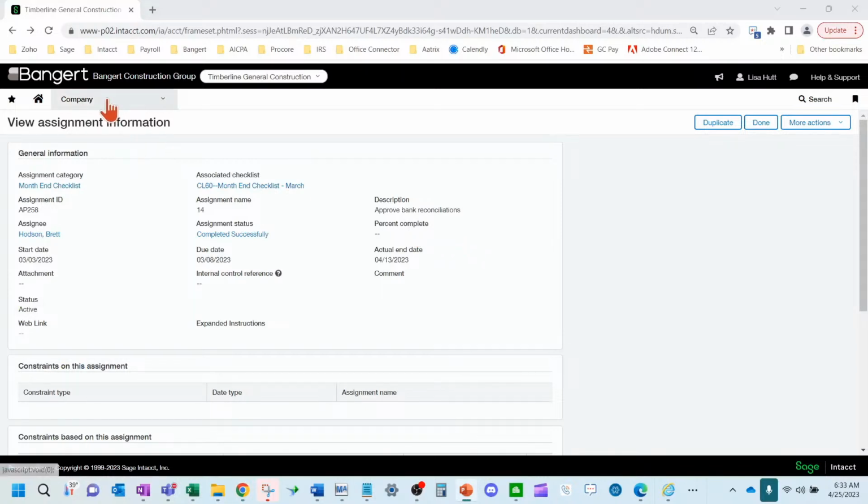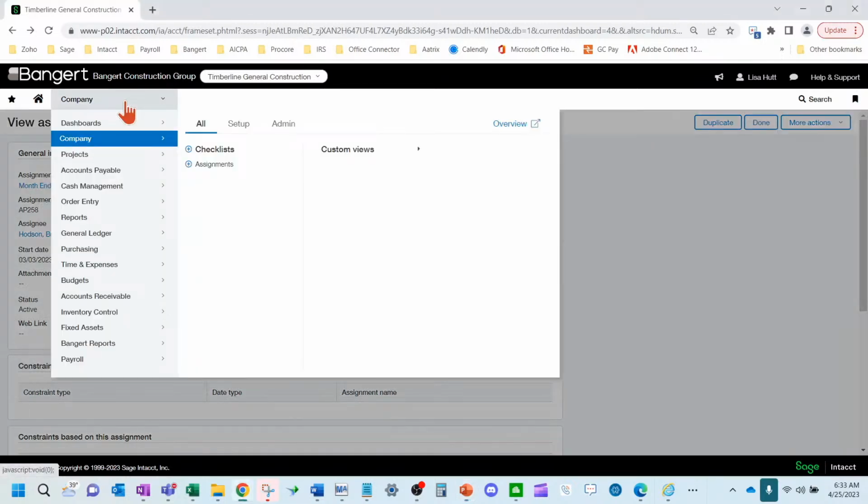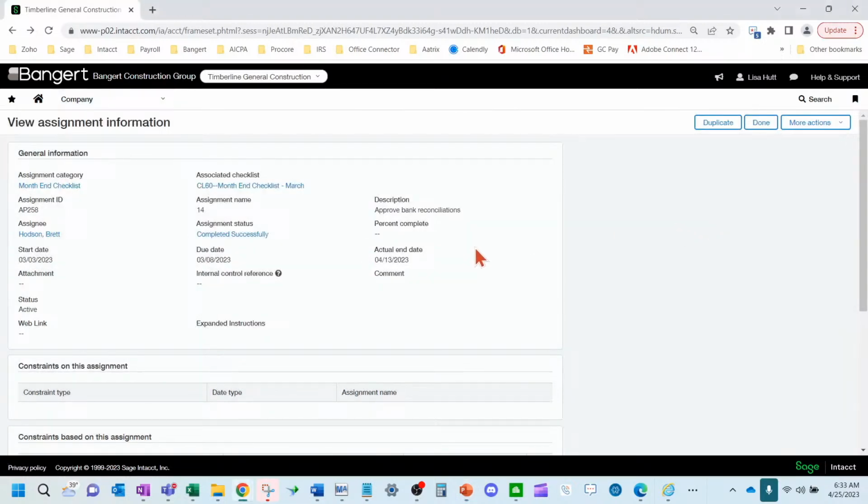Okay, also, as I touched on, attachments. So attachments on checklist items. You can put an attachment here on an assignment, which is basically part of the month-end checklist. So I'll have checklists and I'll have assignments underneath the checklist, and you can put the attachments right in here.